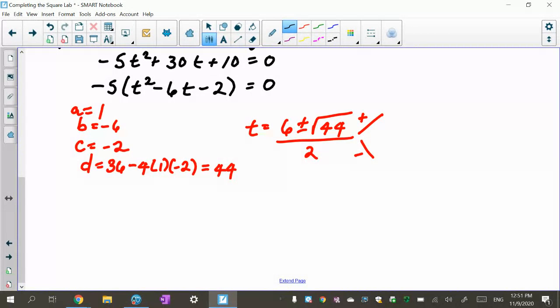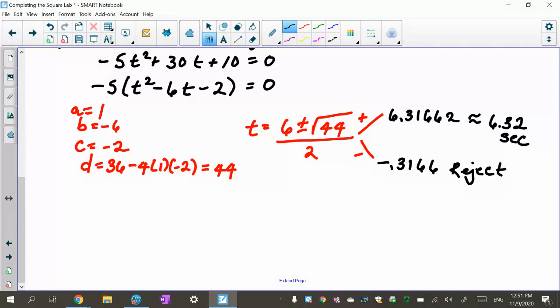Now, if it's something like this, you do not need to simplify the radical. Just tell me what this would be. And this comes out to 6.31662, I believe. So this is basically 6.32 seconds. It hits the ground at 6.32 seconds. And this one, when I do the negative, I get negative 0.3166, which I'm going to reject, not because it's